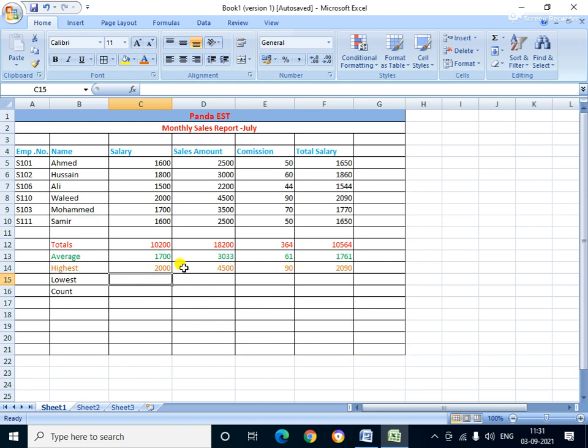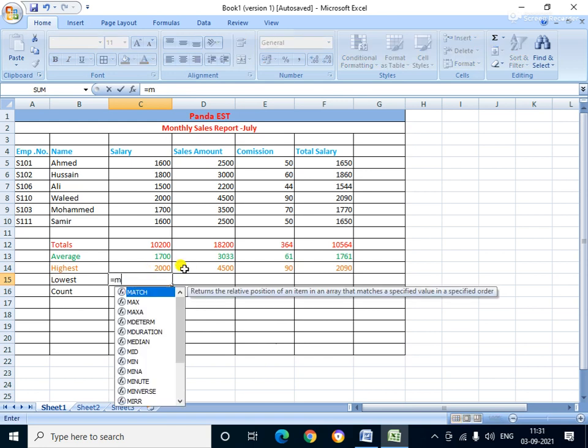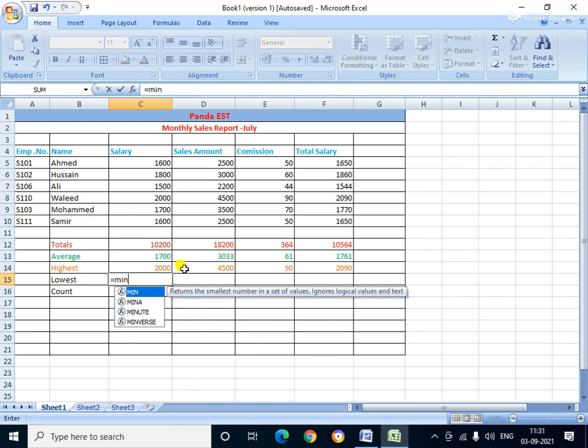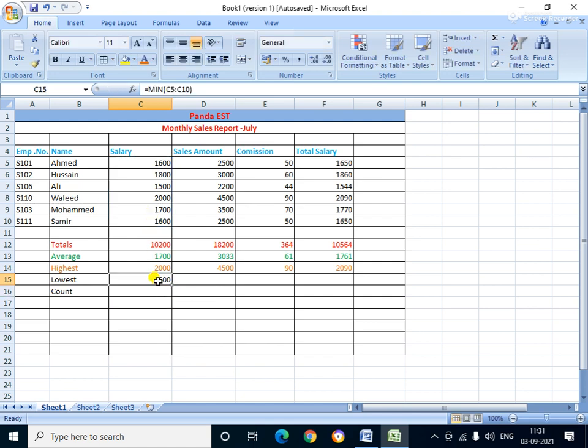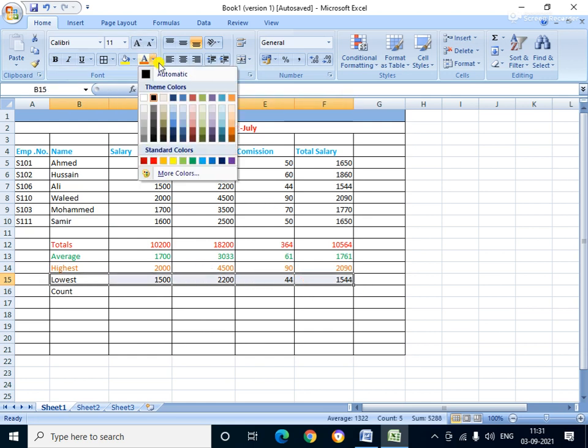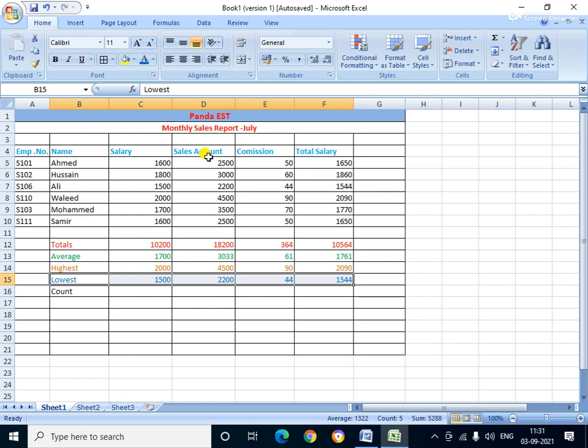Let's just wait, we are explaining one by one. Next is the MIN, then first bracket open, then select the data range, then bracket close, then the enter button. Again you select. Okay, understood. Here is the color, just select any color you like. Yes, this color is okay.